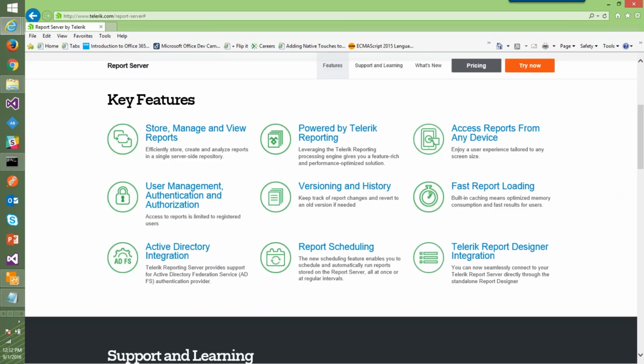Meaning what date, who uploaded what version of the report, and then you will be able to always go back to any particular